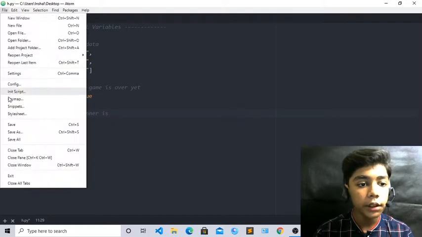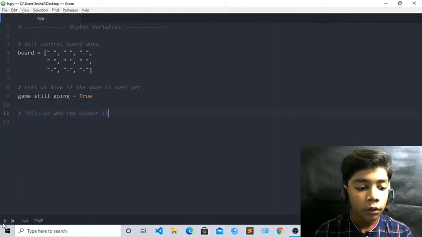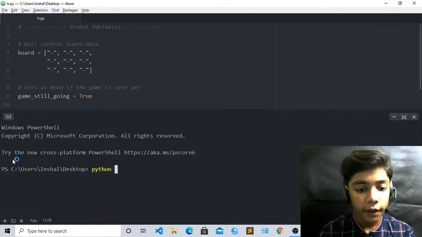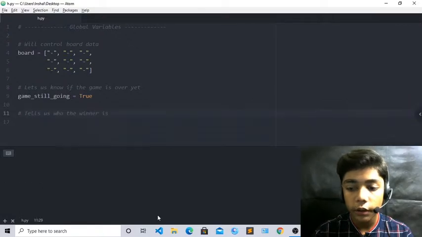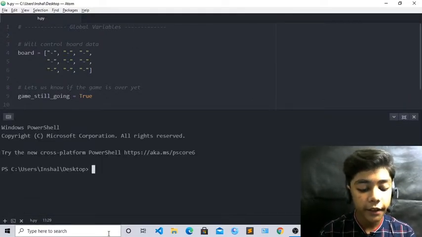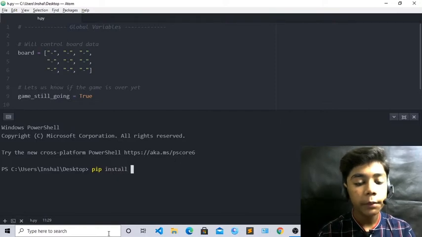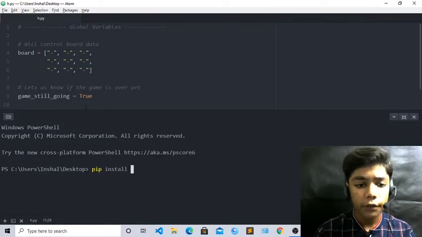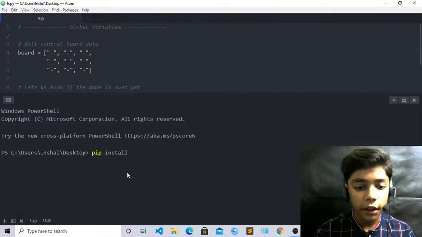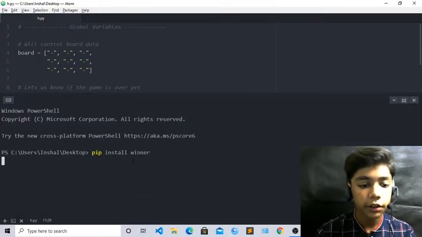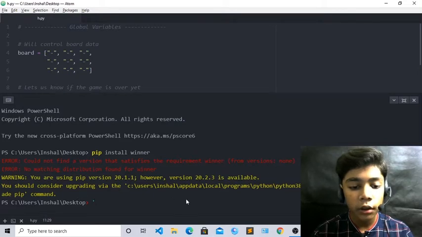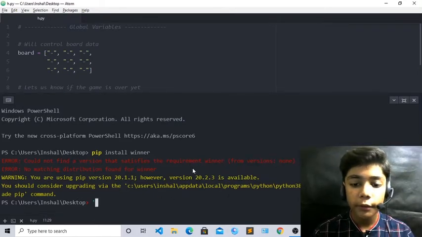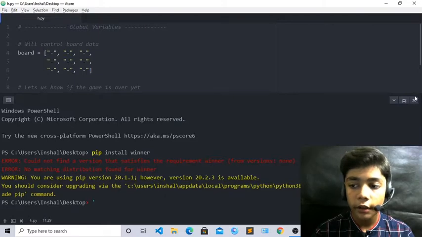Okay, so first of all save it. Now go to your terminal, write python, and you have to write s.py because that is our file name. Enter. You can see it is working really cool. Okay, now just close it, come over here and write pip install, and first of all you can see this winner. Okay, we can check this winner. Now just enter here. So you can see an error is coming because it already has one version which we have downloaded, and it does not have a new version yet. Okay, so we have to wait till the new version comes. Okay, now first of all close it.